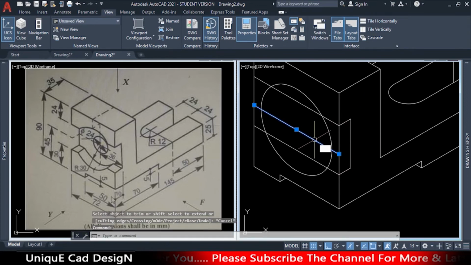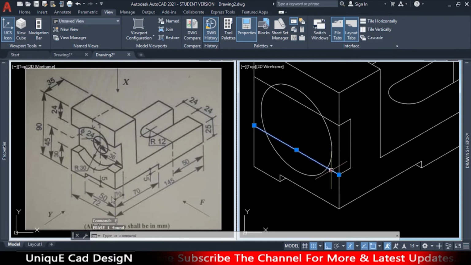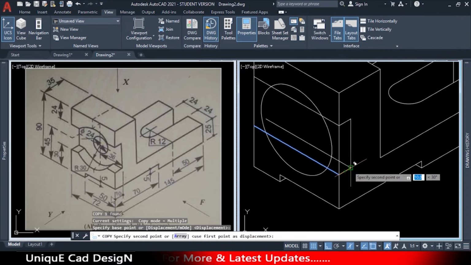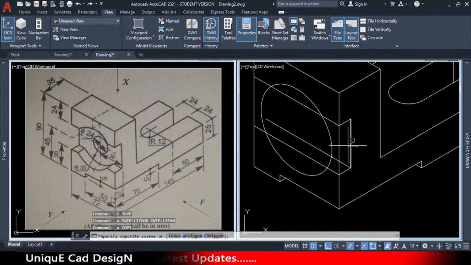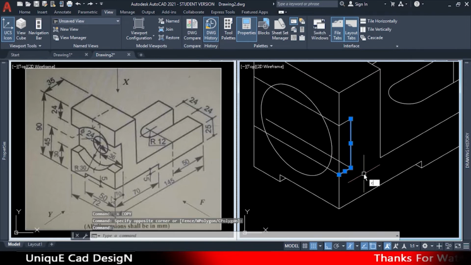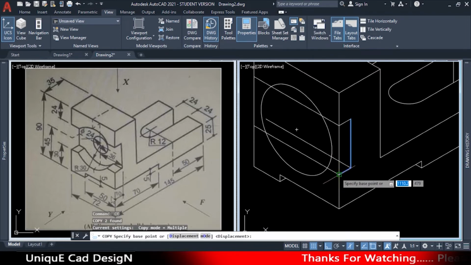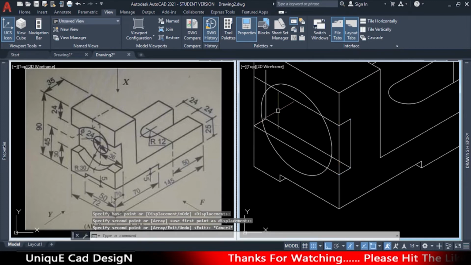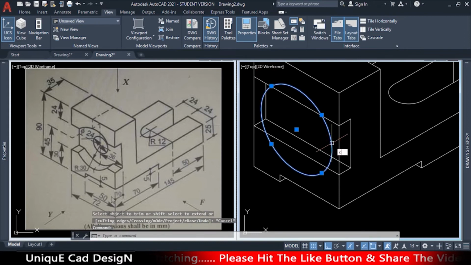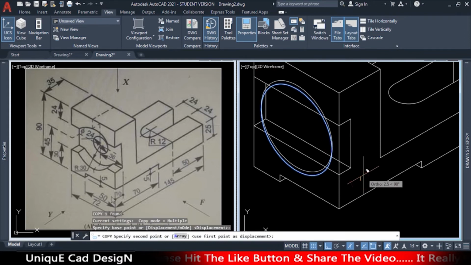There is this reference line. I copy this by 10. Depth is 10.